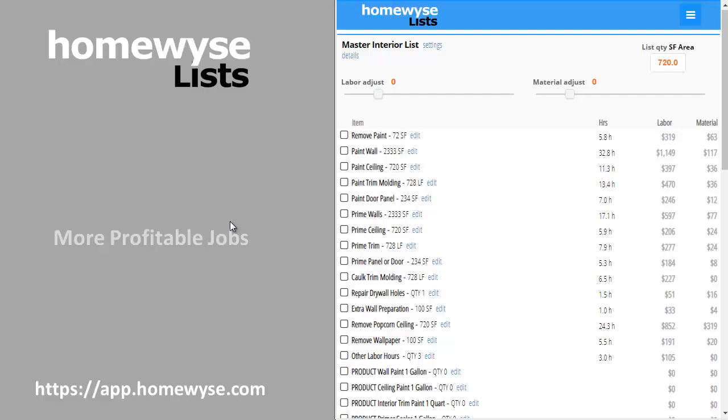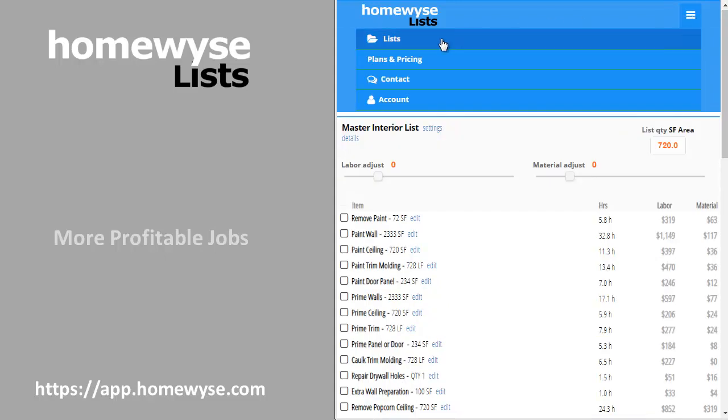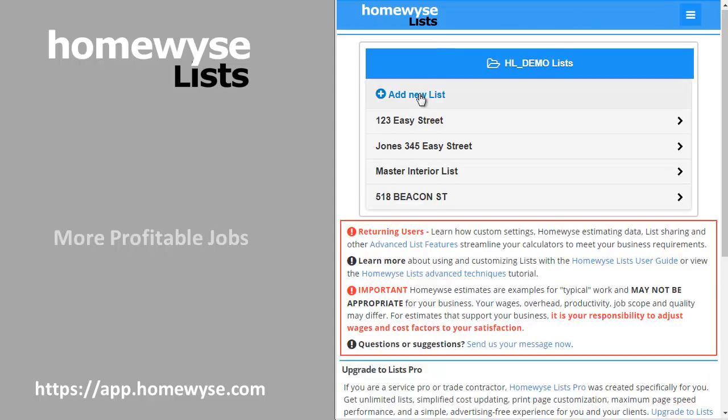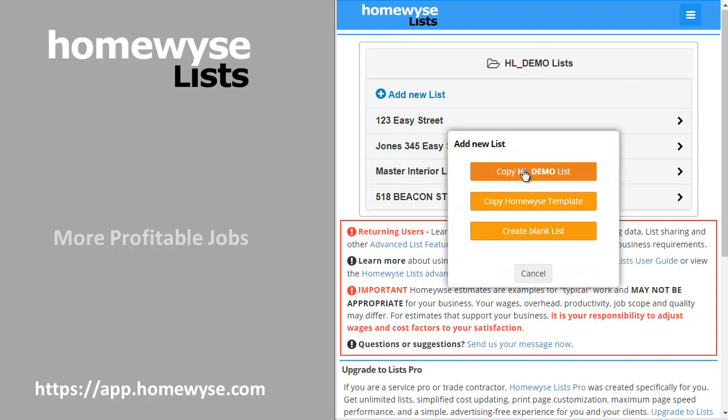Alright, in this final section, we'll show you how to create an estimate, a specific job estimate, using your customized list. The key point to emphasize here is that when you do this, you don't want to edit your custom list directly. What you want to do is create a copy of that list for each job that you're going to estimate. Now to do that, go to your menu, choose lists, choose add a new list, and